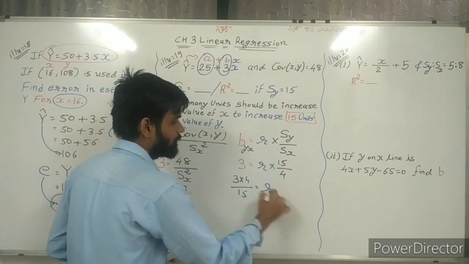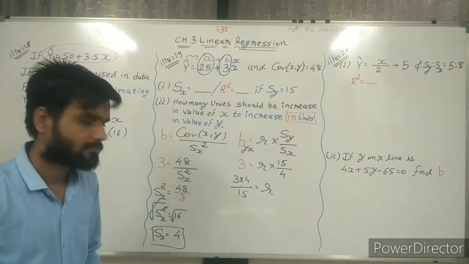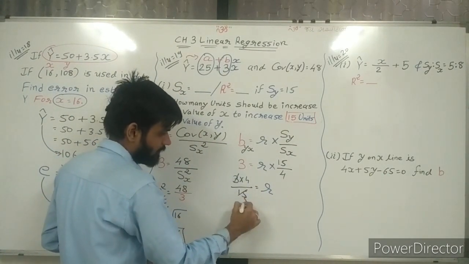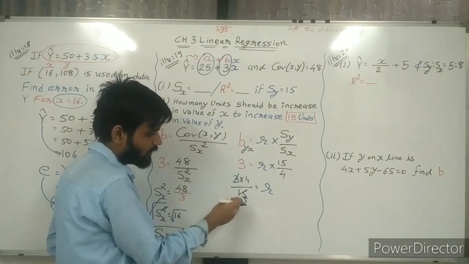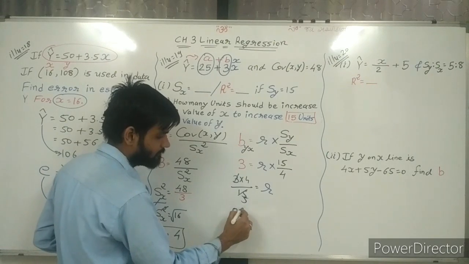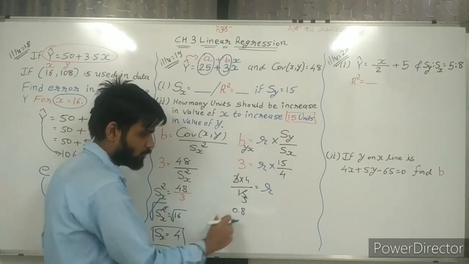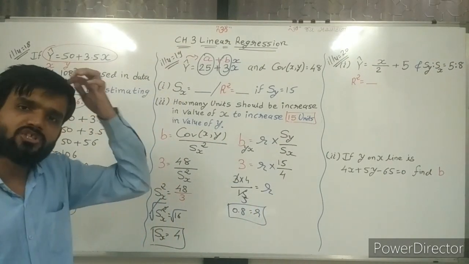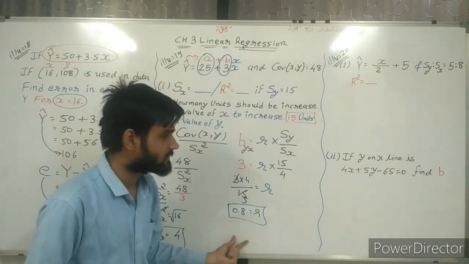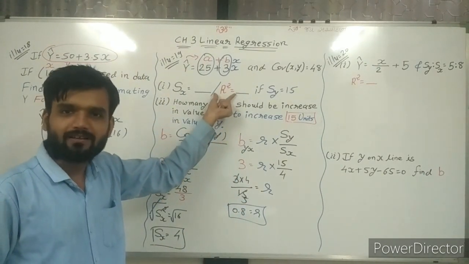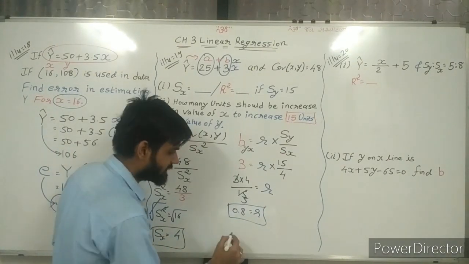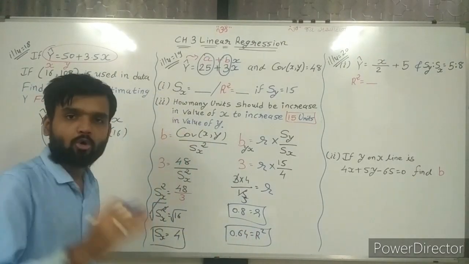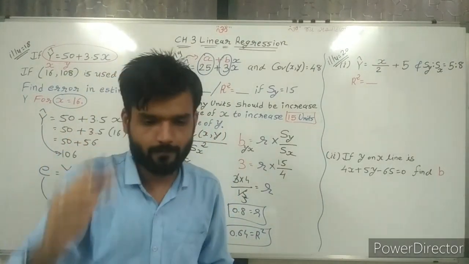We get the value of r. Now sir, 4 3s are 12. Or you can say 5 3s are 15, so 4 divided by 5 is 0.8. 0.8 is equal to r. So my value of r is 0.8. Now make the square of this, because what we actually need is r square. So the square of this is 0.64, and this is the coefficient of determination.